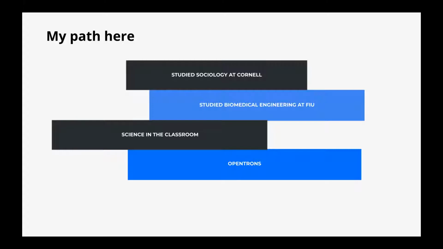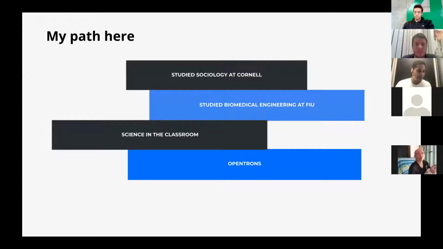So after leaving Cornell, I was a bit confused as to how I might provide some positive change in the world. So I was in Florida and I decided to go back to school, actually, where I studied biomedical engineering at FIU, Florida International University. And actually one of the first courses I took